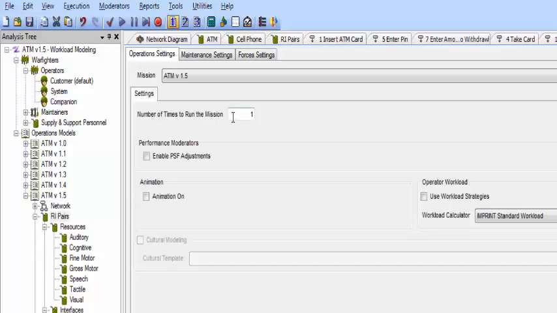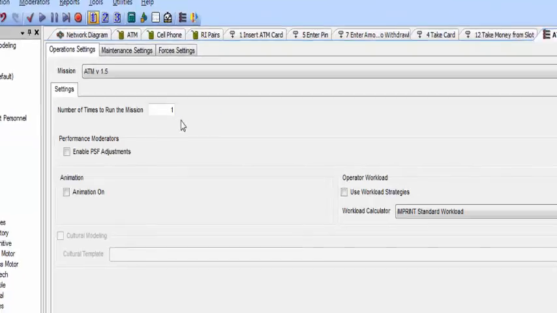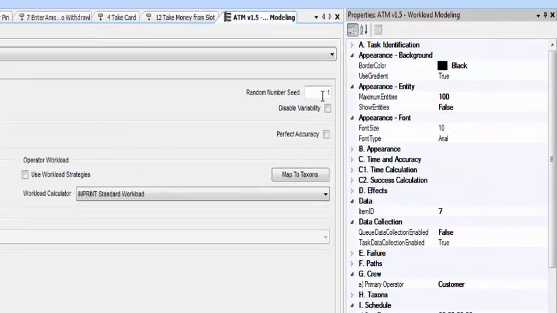So it starts off only running one replication, but if you want to see that variability over time, and the variability that's caused by the different probabilities and probability distributions in your model, you're going to want to run multiple missions. We can also set the random number seed. This is the seed that's used to generate the random number stream, and then the various values in the